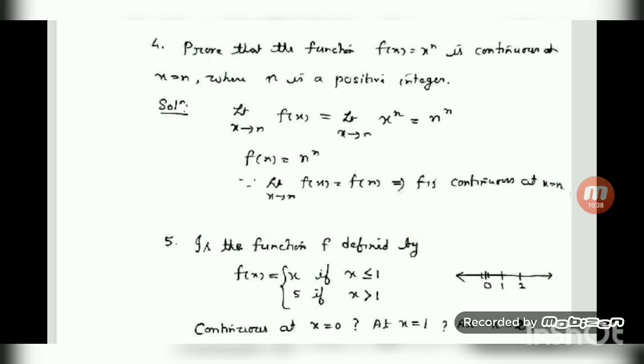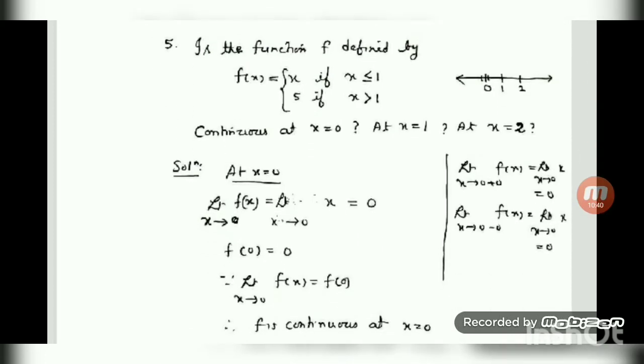Okay, now we proceed to next question number 5. It will be more clear when you do the solution. Most probably it will be clear to you where we have to do the limit separately, and where it is not required. Is the function f continuous, defined by f(x) equal to x for x less than or equal